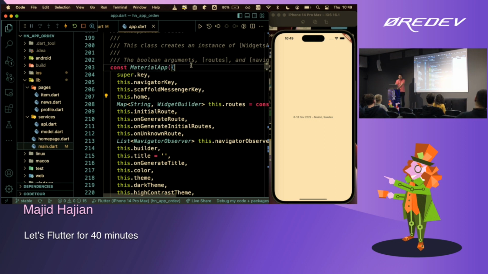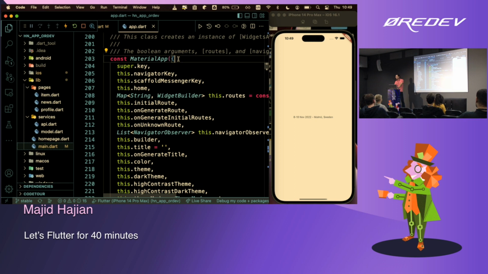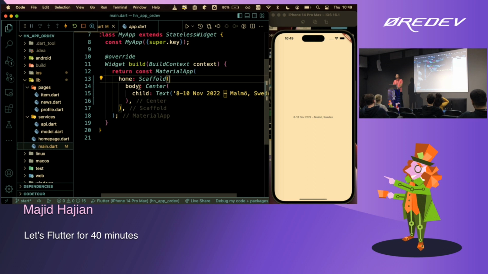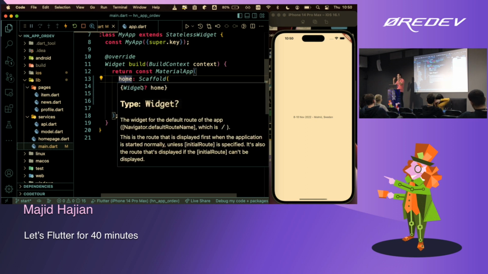Again, maybe 20% more of Dart if you want to learn. So these curly braces in a class mean I'm going to define named parameters. So named parameters will show up in your application like this. Imagine you have an object in TypeScript, right? Usually in your parameters, you define your object because it's named. So you can pass the name and pass the value. It's very easy. This is similar here.